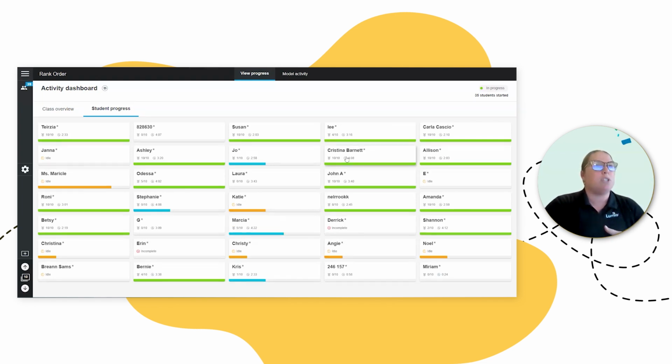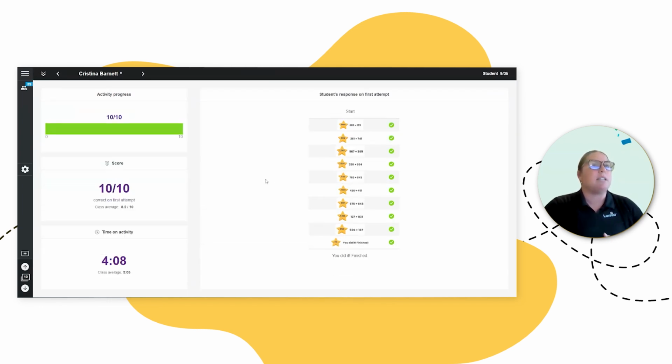I also, Christina, I'm just going to use you as an example. I'm going to pop in Christina's here. I can see that she got all 10 correct. Go, Christina. Games and the data are always based off a student's first attempt at it. So they can play as many times as they want, but as the teacher, I'm only seeing the results from that first time. I know a lot of teachers who just put the game at the start of the lesson. Maybe they duplicate it and try again at another time. And I can see maybe at the end of the lesson or maybe the next day, their growth between the 2 games.